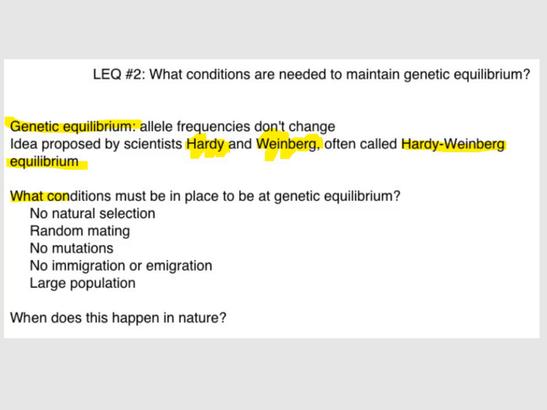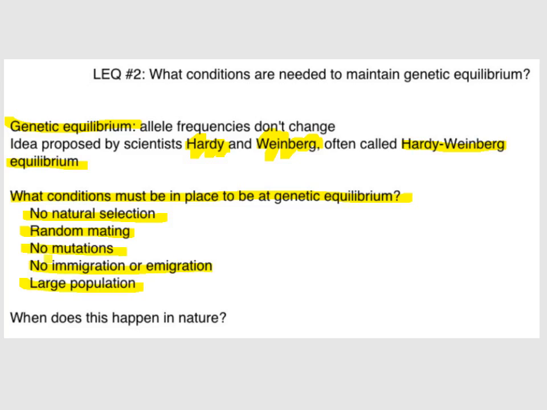So one of the things that comes up is, well, how in the world can we get populations to be at genetic equilibrium? Well, Hardy and Weinberg came up with 5 criteria that a population would have to be facing in order to be at genetic equilibrium. First of all, they said there could be no natural selection. Natural selection changes gene frequencies, and we can't have that because we want genetic equilibrium. There has to be random mating. Every organism has an equal chance of reproducing. There can be no mutations, no immigration or emigration to change allele frequencies, and we would need to have a